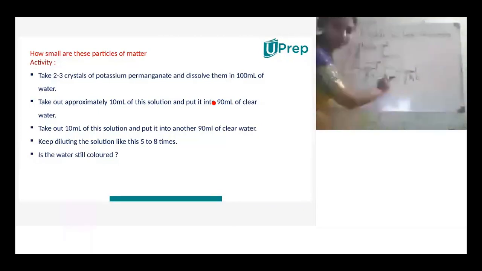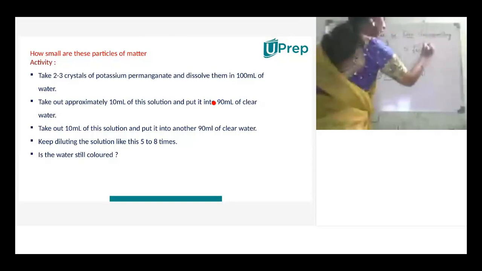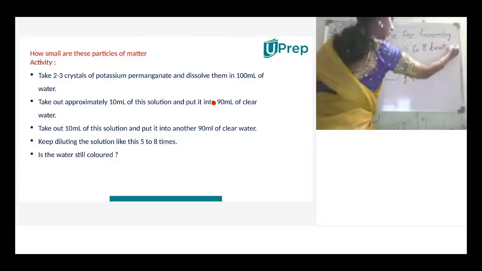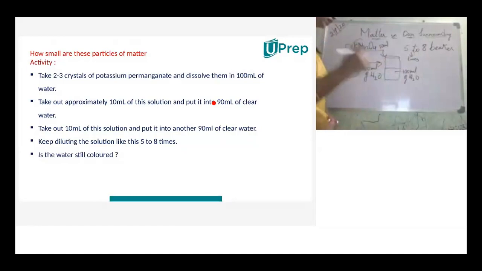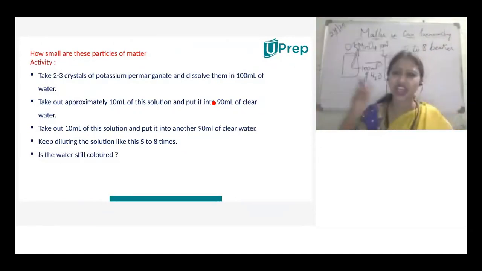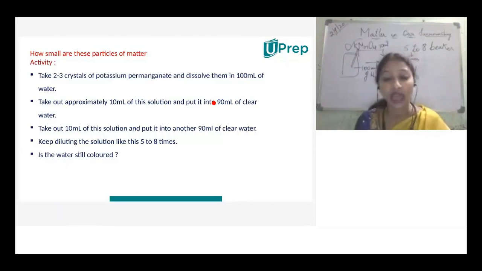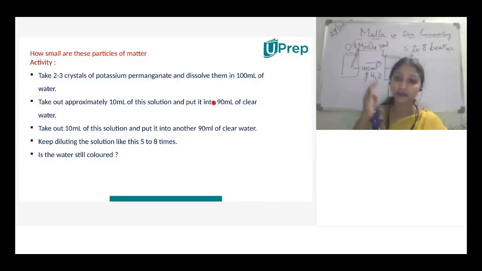Alright, this is more concentrated than this. And repeat the experiment for 5 to 8 times. 5 to 8 beakers we'll use. When we repeat it 5 to 8 times, what will we observe? We'll observe the gradual change in the dilution of the potassium permanganate solution. When we see the last beaker, it also consists of potassium permanganate in it. That means the matter itself divides into simpler and smaller particles. Even we can't imagine how small they divide.